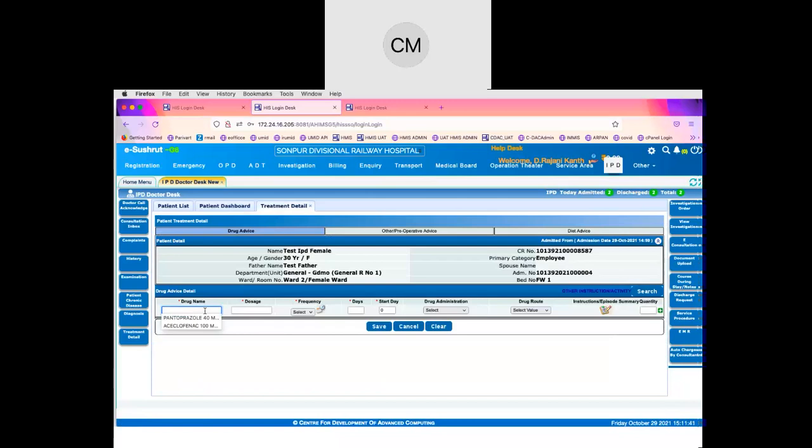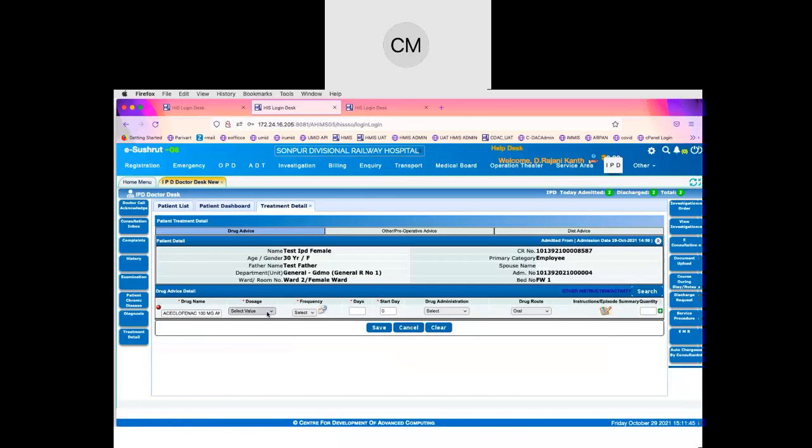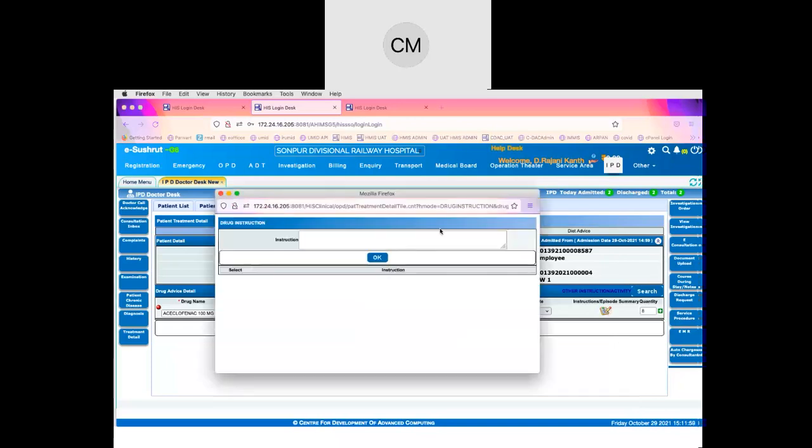So here the treatment that has to be given, the course of treatment that should be followed for this patient during the admission, can be indicated by the doctor, and these details get reflected for the nurse to administer during the admission. So we can indicate the special instructions also here.